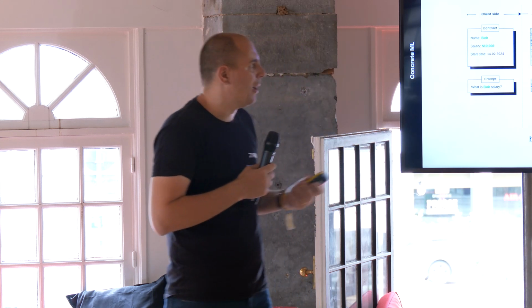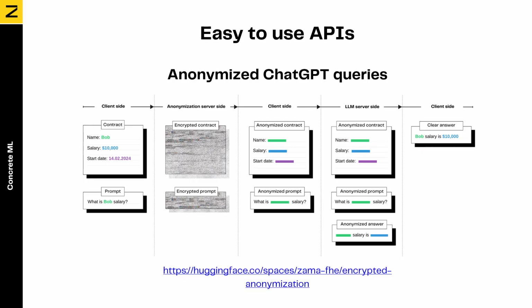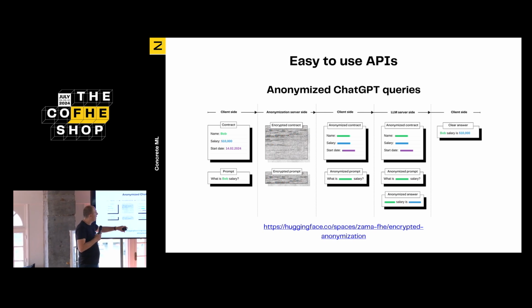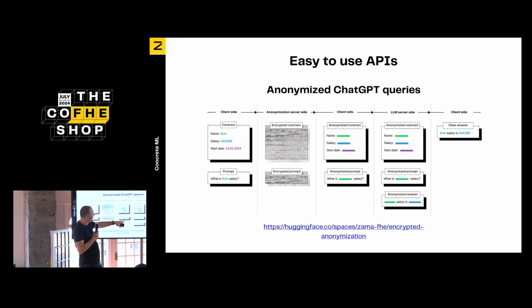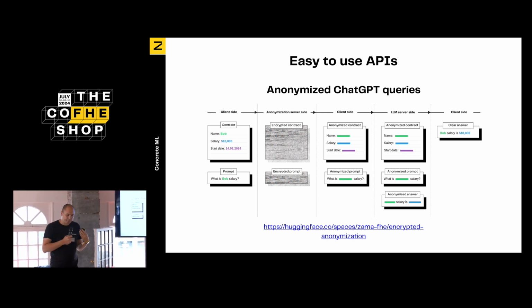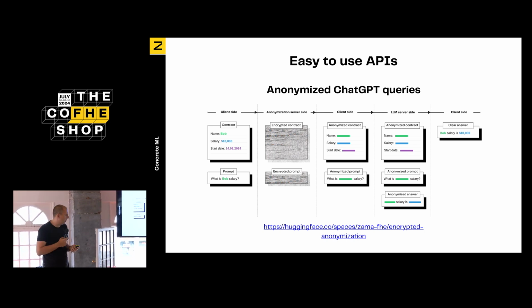And the good part is that we can do anonymization on encrypted documents with Concrete ML. So you can take your initial document, and you want to basically redact some of the sensitive information in it. And for this, we built a demo. We show how this can be done. This document will be encrypted, and then a machine learning model will be executed to produce a redacted document, which is then sent to ChatGPT to perform retrieval augmented generation.